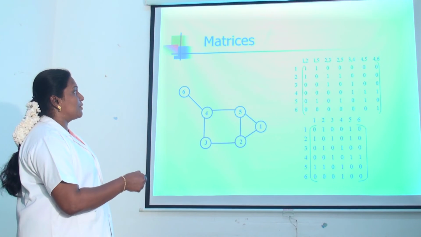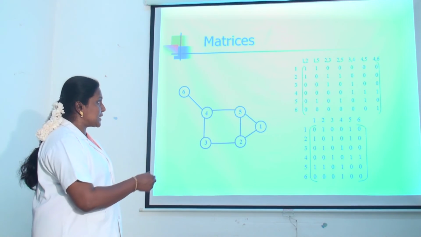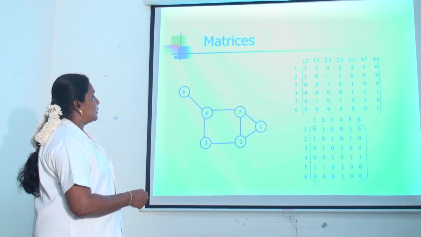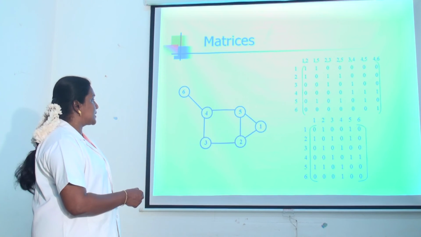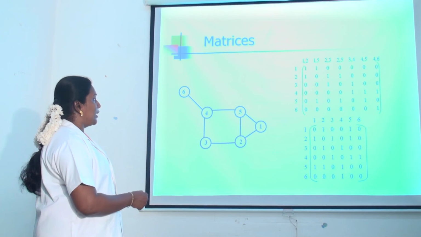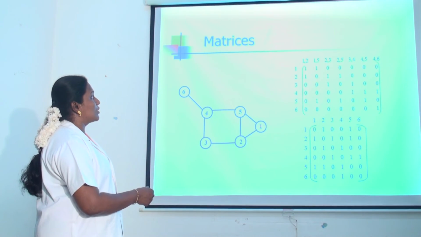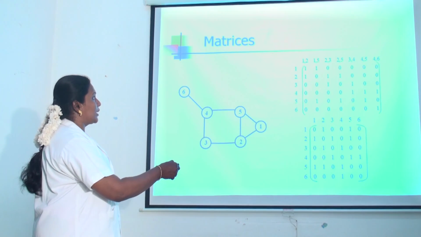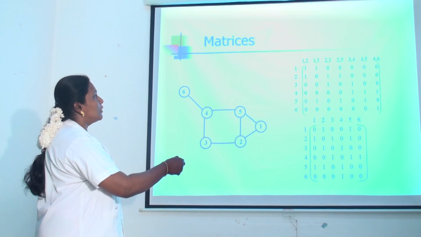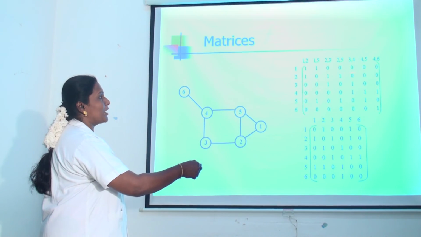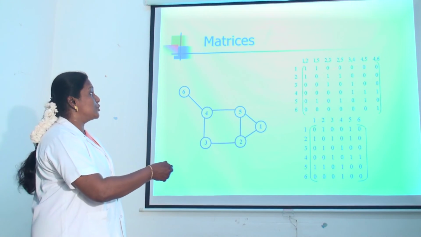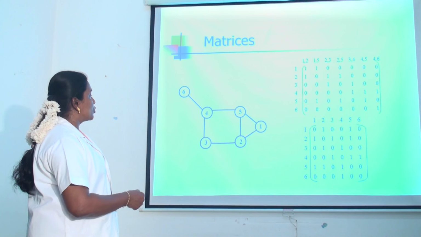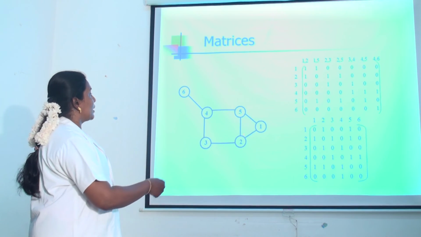In the first matrix, we have to find the vertices corresponding to each edge. It is an incidence matrix. In the graph, the first node, vertex 1, is adjacent to 5 and 2. Vertex 1 has edge (1,2) and edge (1,5). Only these two values are there, so we put 1, 1. The remaining edges we write as 0, 0. Here also the same for the second vertex. Here it is 2, 2, 5, and then 2, 1, 2, 3. Here edge (1,2).